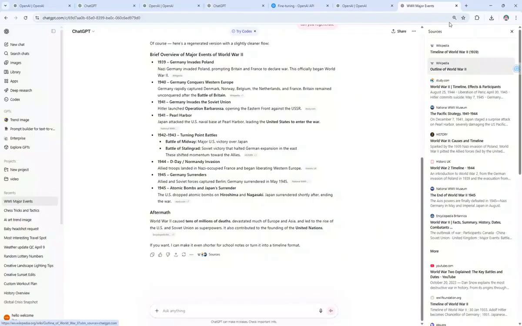Lastly, keep in mind that while ChatGPT is a powerful tool, it's always a good idea to verify critical information